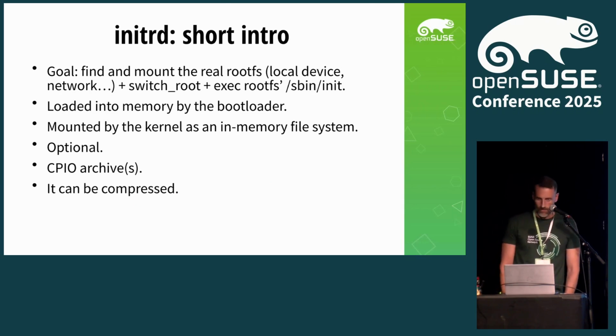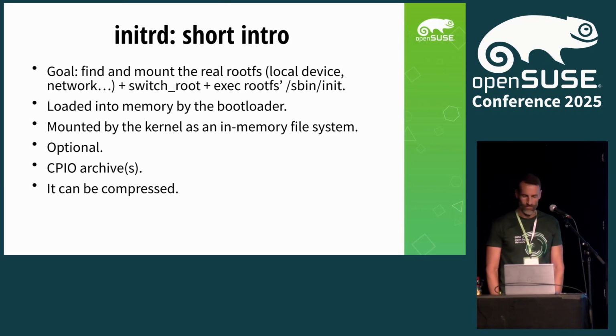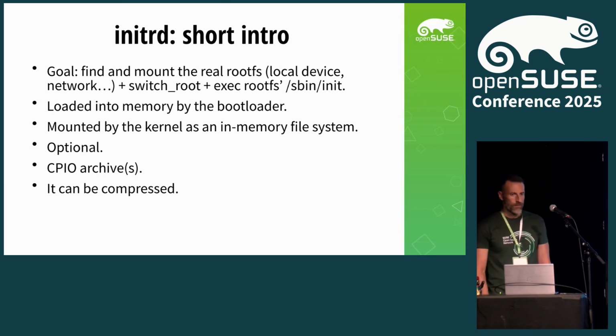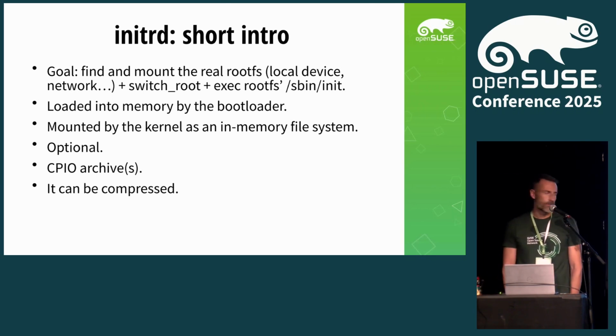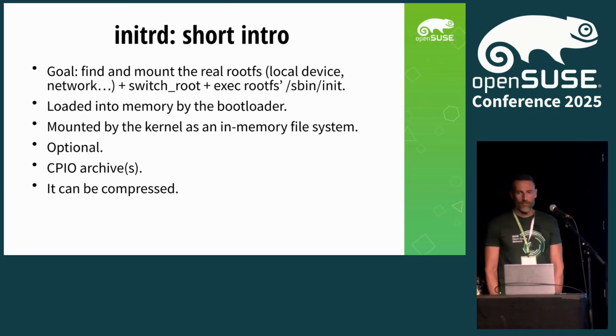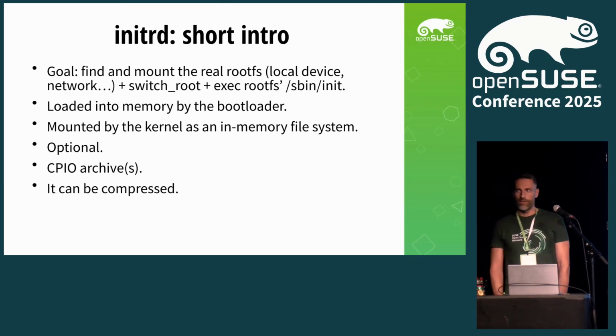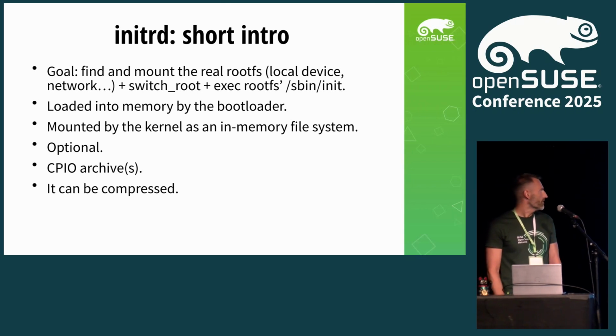So, I assume that you already know what an initrd is if you are here, so I will be very quick. The initrd takes part in the boot process between the kernel and the host system manager. The goal is to find and mount the real rootfs, which can be on a local device, over the network, with a fancy layout like RAID, LVM, etc. And once found and mounted, perform a switch root operation and execute